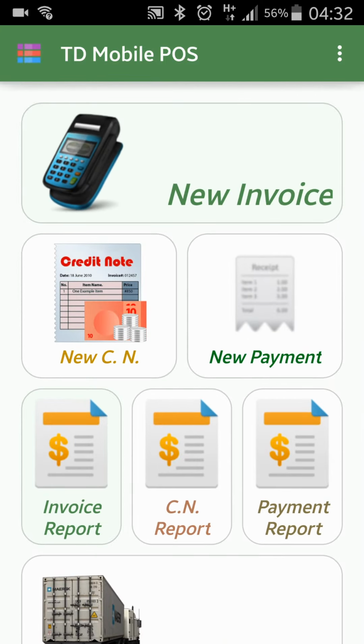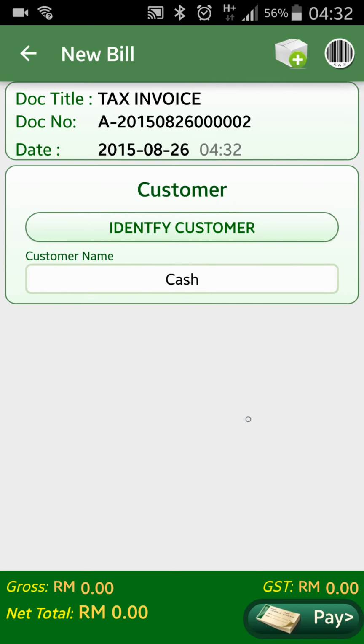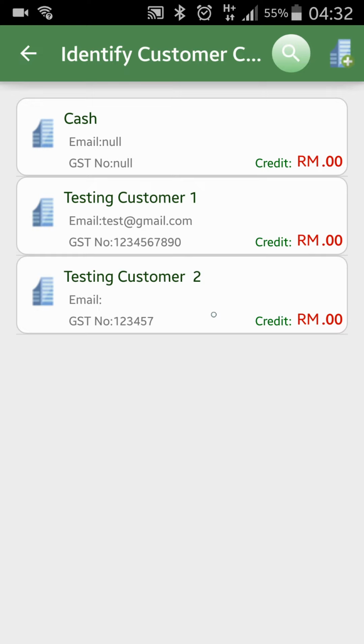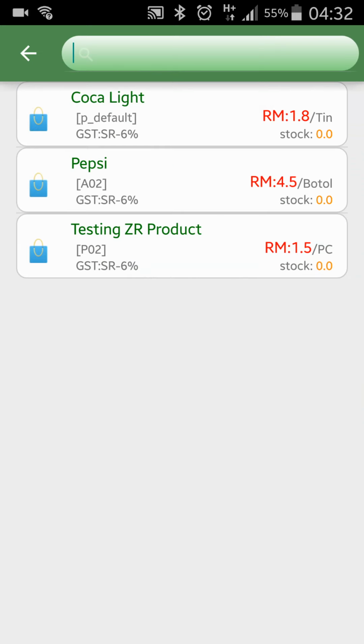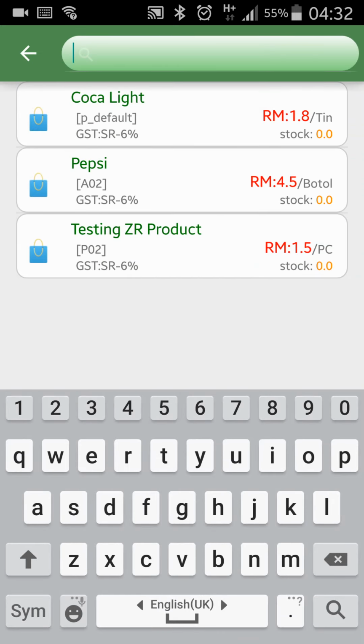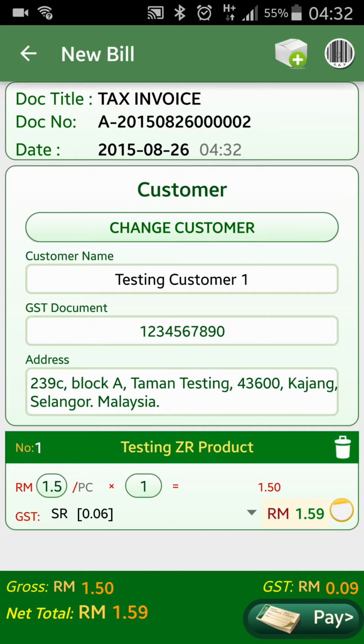Now let's start using it. First one, you need to issue a new invoice by here. You can choose a customer you want to issue, for example the second one, and add a product or scan the barcode